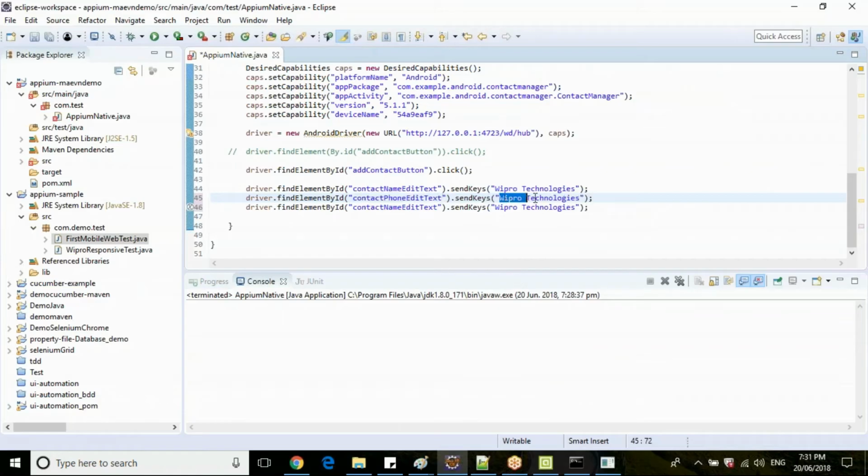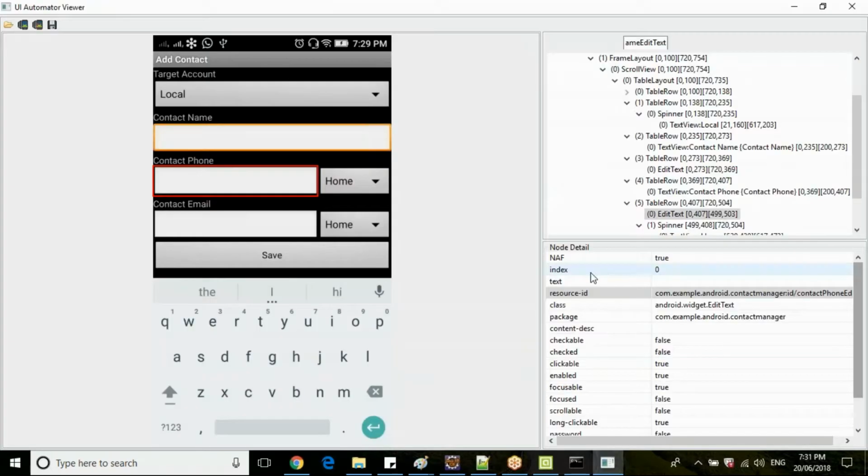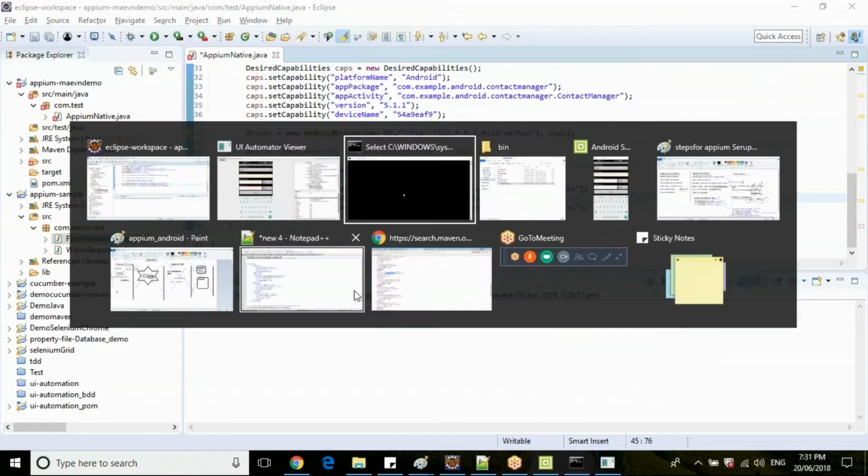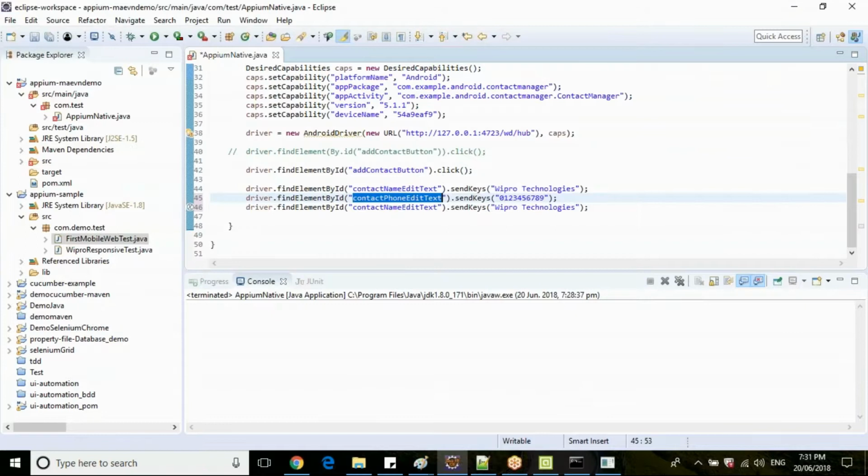Change it here. Let me give my phone number like this. And what about the contact name? Inspect the contact name here. Use the contact name also. Sorry, email also. Let's say info@wipro.com. Let's write this.